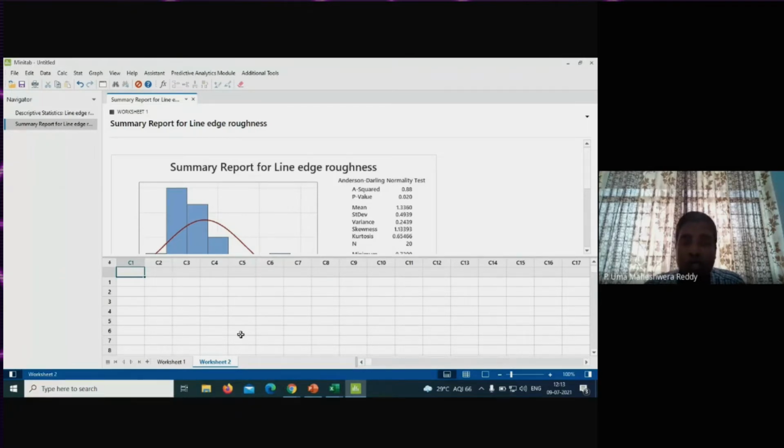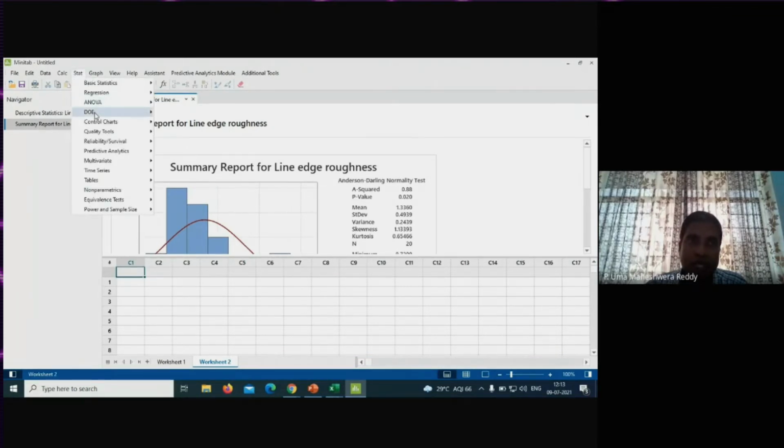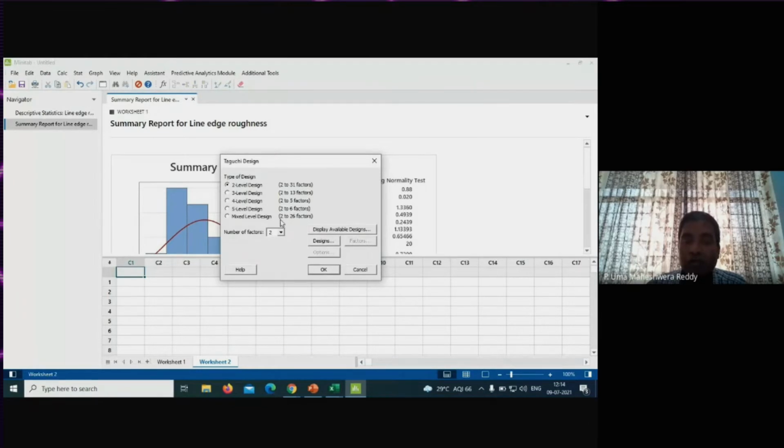Now, let me take the data. Before doing the Taguchi method, you have already decided input variables, dependent variable, and levels. So now let me go to Statistics, DOE, design of experiments, and out of 5 methods, let me select Taguchi. The first option is you need to create a Taguchi design. So let me create a Taguchi design. If you select the Taguchi design, in this window, you can see various options.